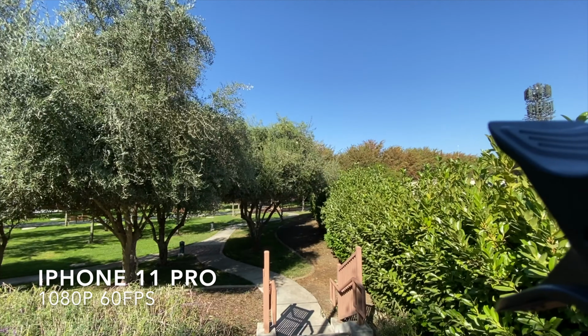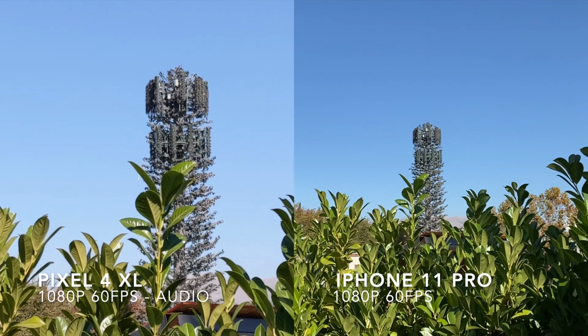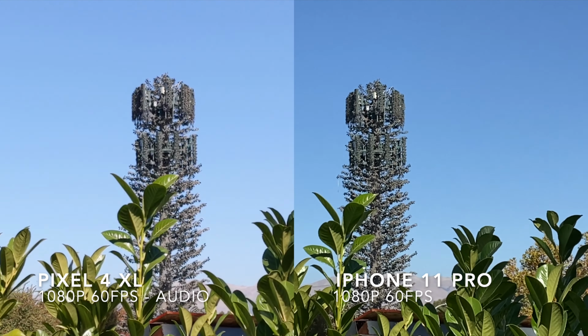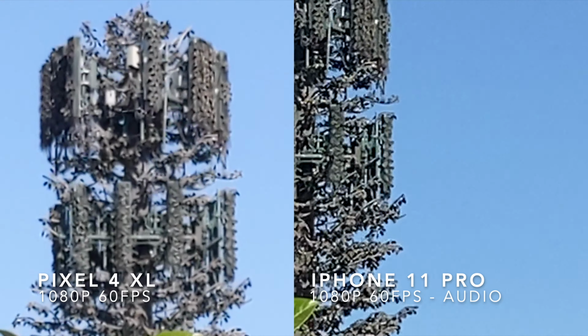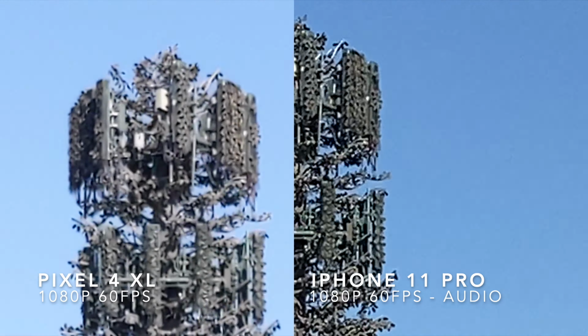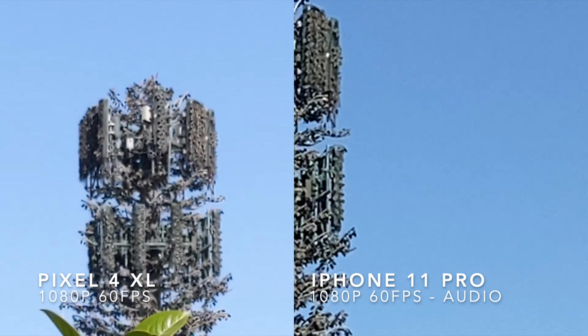Switch back to the main lens here on the iPhone, and I'll pan to the right, and we'll do the zoom test again here at 60 frames per second. So we'll go to 2 times here on the Pixel 4 and 2 times on the iPhone 11 Pro. Max zoom is 6 times for the Pixel, whereas it was 8 times in 30 frames per second, and it's still at 6 times here on the iPhone 11 Pro. If I zoom all the way back out,